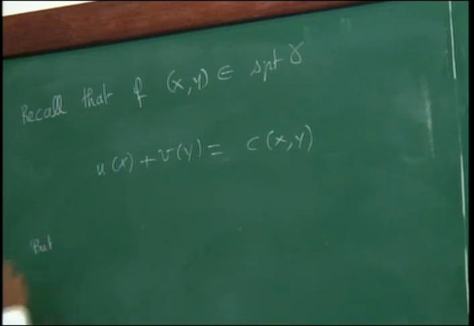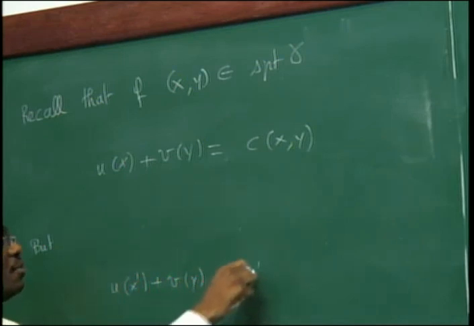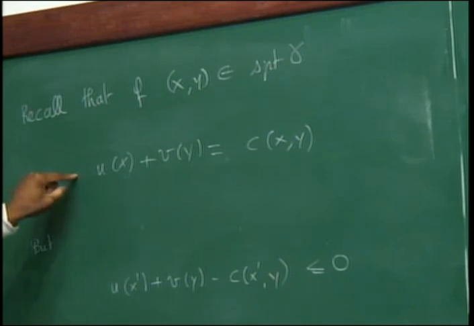But I have the following property: U of S prime plus V of Y minus C of S prime, Y is less than or equal to 0, because U, V belong to U calligraph C. This means that that function attains its maximum at x. And so